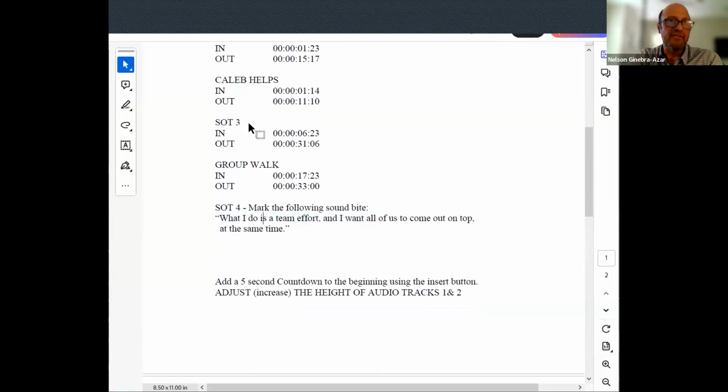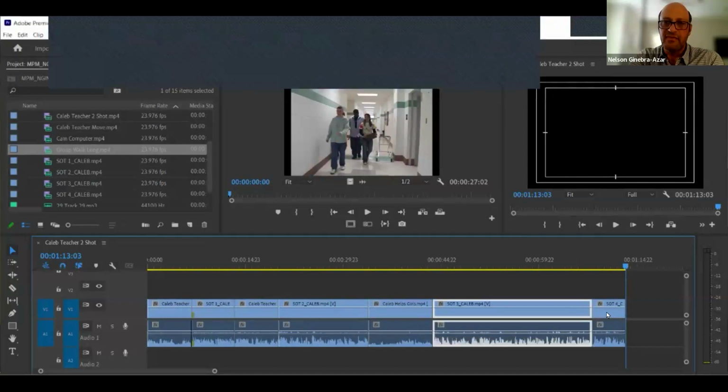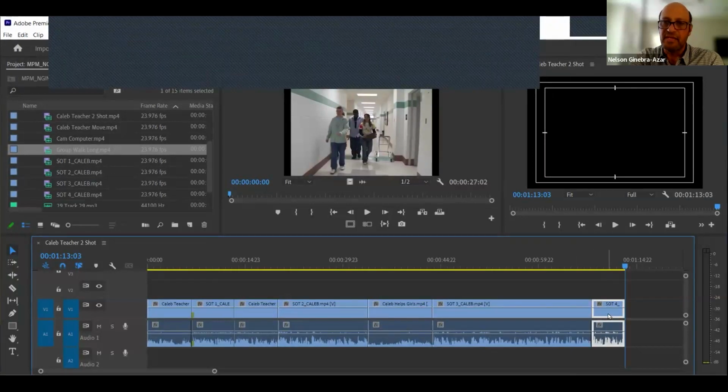So you should have SOT 3, because I realize the script is a little different. SOT 3 and SOT 4 should be back to back. So group walk should be after SOT 4. If by any chance you put group walk in between these, I won't blame you, but you can just move that. Okay. Right. So if you had group walk between SOT 3 and 4, let's just say hypothetically,